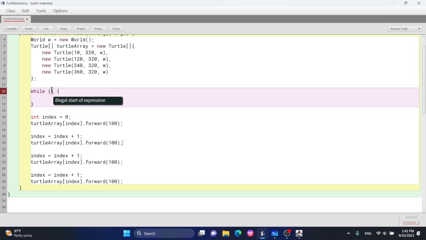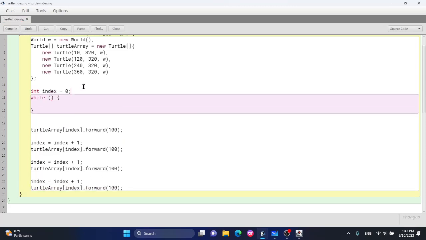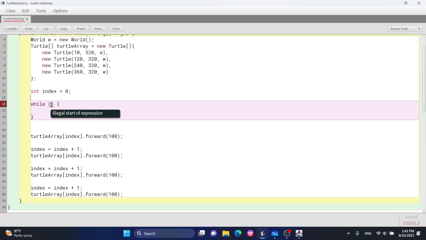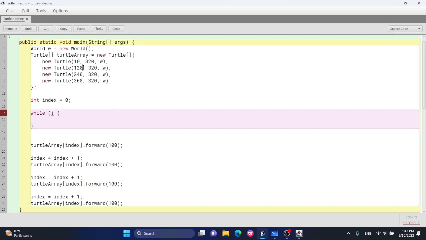So let's try something, right? And first, before we can even do anything with the while loop, we need to move this up, so that this way we have the condition here, which is going to say what? So we want to go through every one of these, and we want index to be 0, 1, 2, 3, right? So basically what we want to say is while index is less than 4,